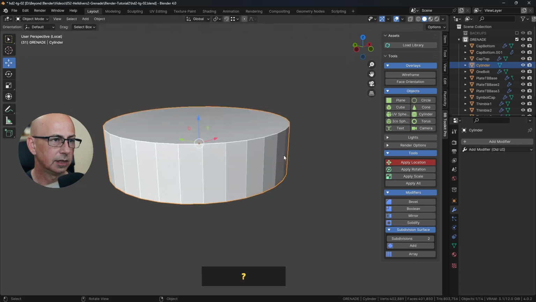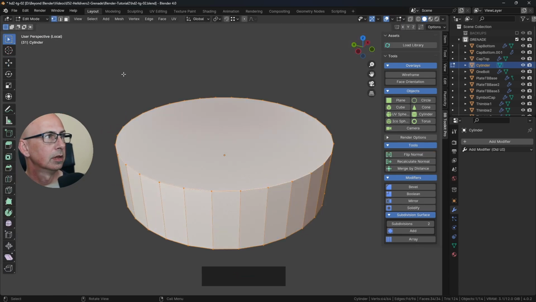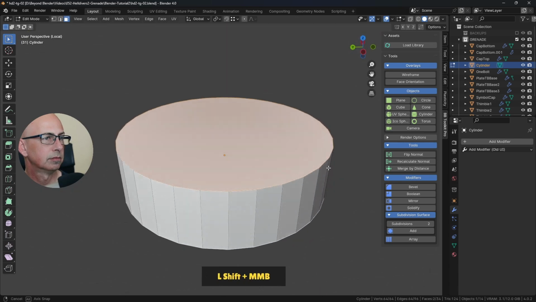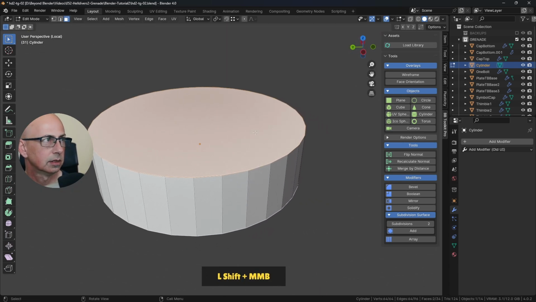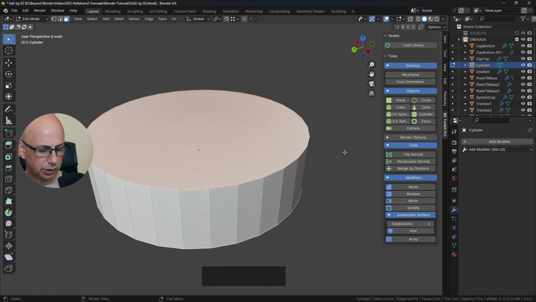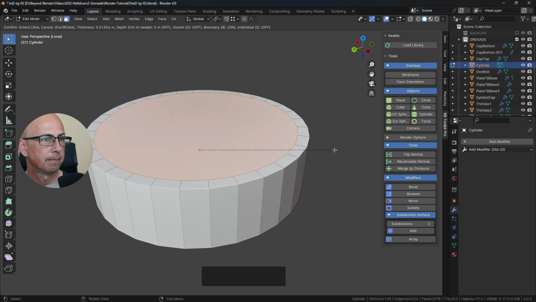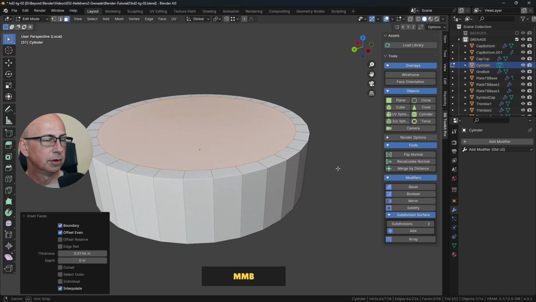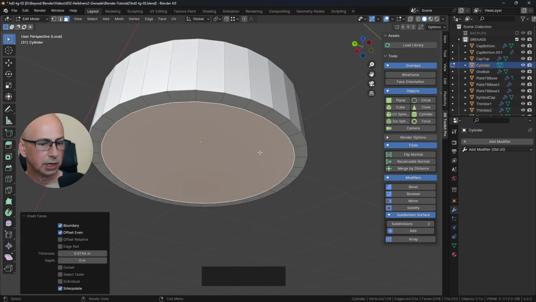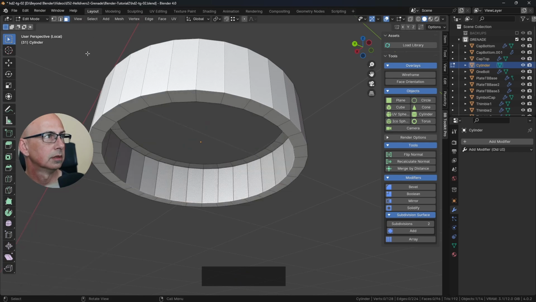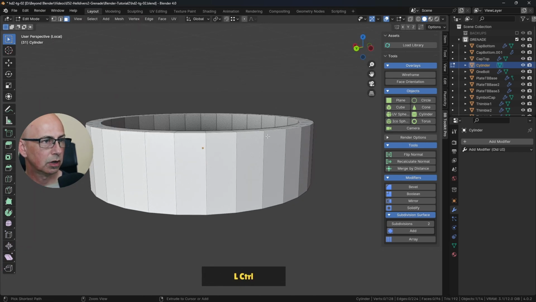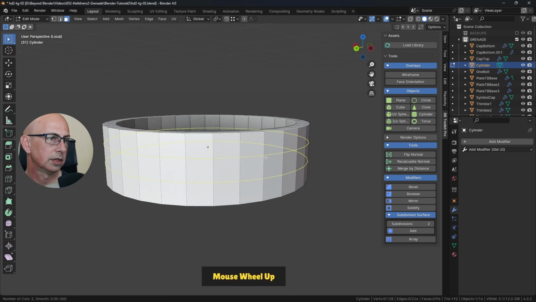I'm just going to isolate that. And let's select the top face and the bottom face. We'll get to the loop cuts in a second. So top and bottom face selected, press the I key to inset. And give that a bit of an inset like that. Then we can delete these now. And we can do Control R. And I think we want, let's do